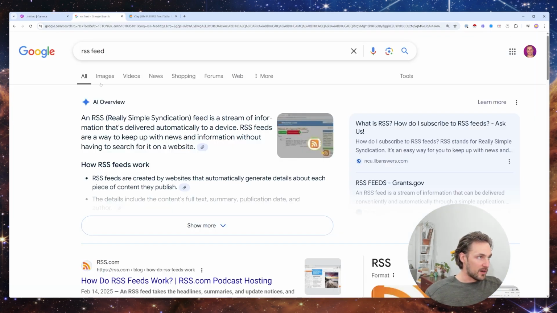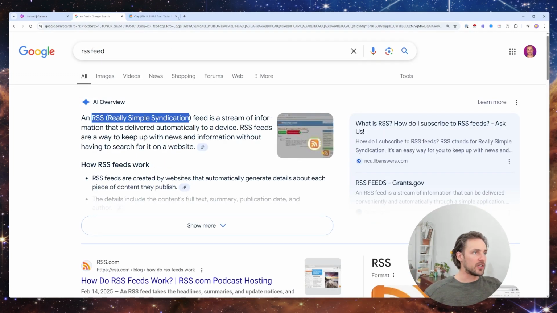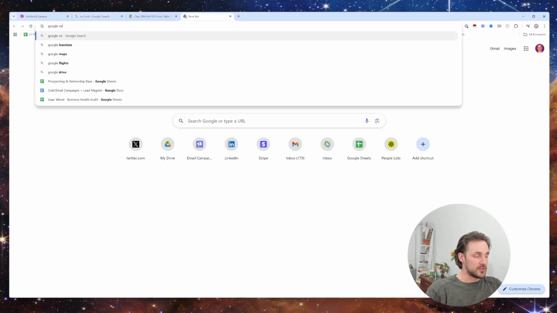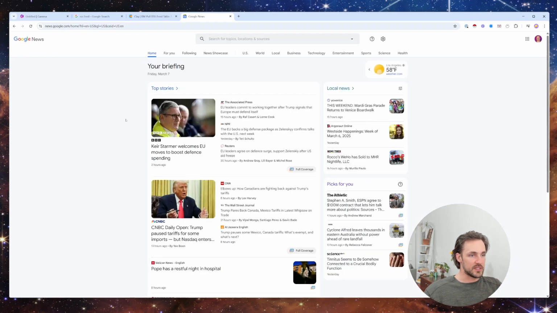So first, an RSS feed, if you're curious, stands for Really Simple Syndication. It's a feed of information that's delivered automatically. RSS feeds are generated by websites. You can also create them for news, regular news briefings. A pretty typical one that people will use is Google News. So this is effectively an RSS feed. So you can create a search,